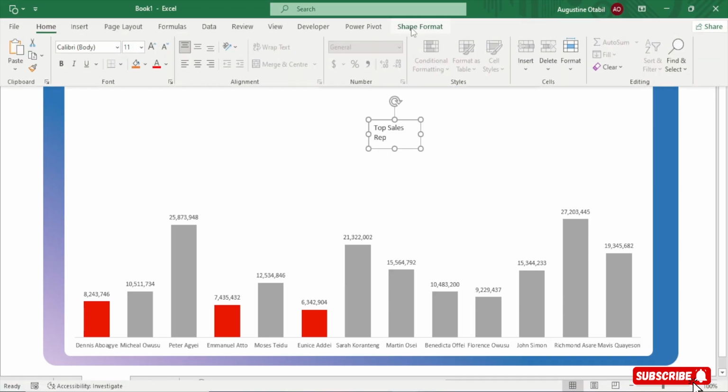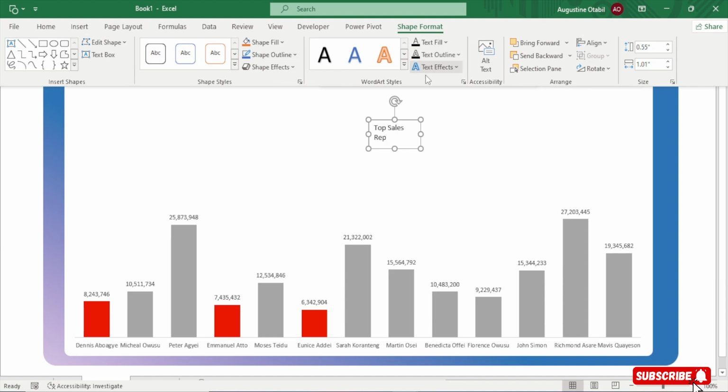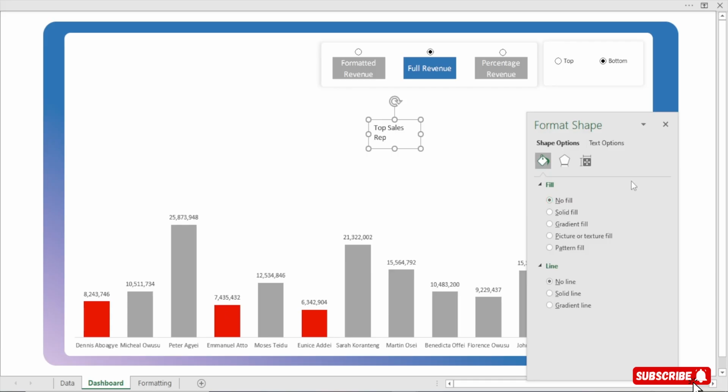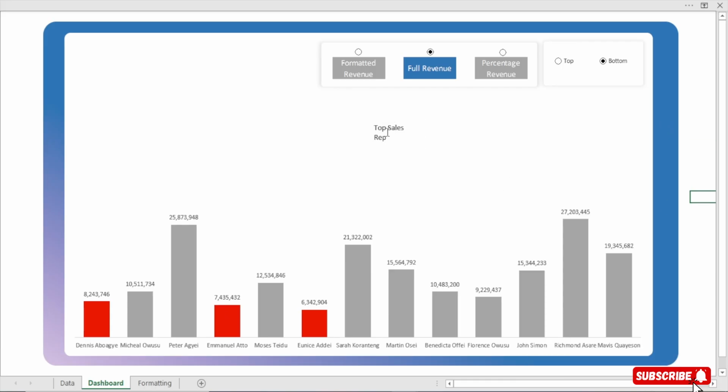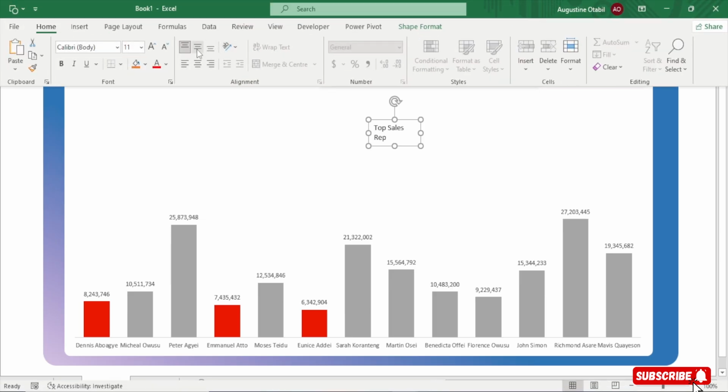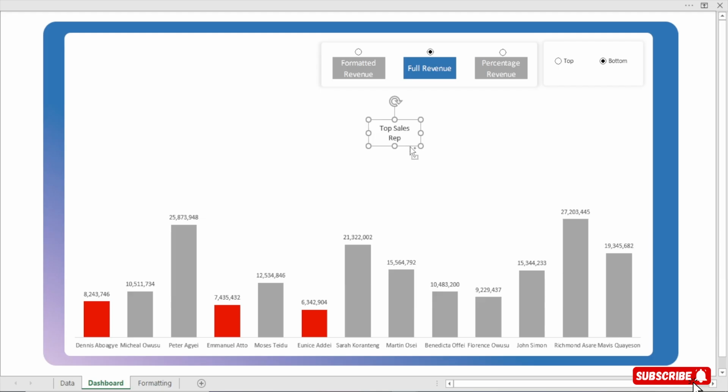Then when I come here, I'll press Control 1 and set no line, no fill. So this is what I have here. Perfect. I'll select it, come to Home, and set it to be at the center like this. Perfect. So I can position this one here. This, okay. This should come down a little.